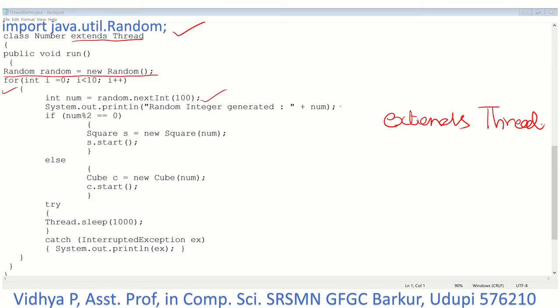Next, I'll print that particular number and check whether it is odd or even. If it is even, then I'll call new Square, that is, I'm going to create a square thread and say start. If it is odd, I will create a cube thread and say start. After that it will go for sleep, and it will give a chance for the next thread to execute. Since Thread.sleep can generate an InterruptedException, I am giving this Thread.sleep inside try followed by a catch